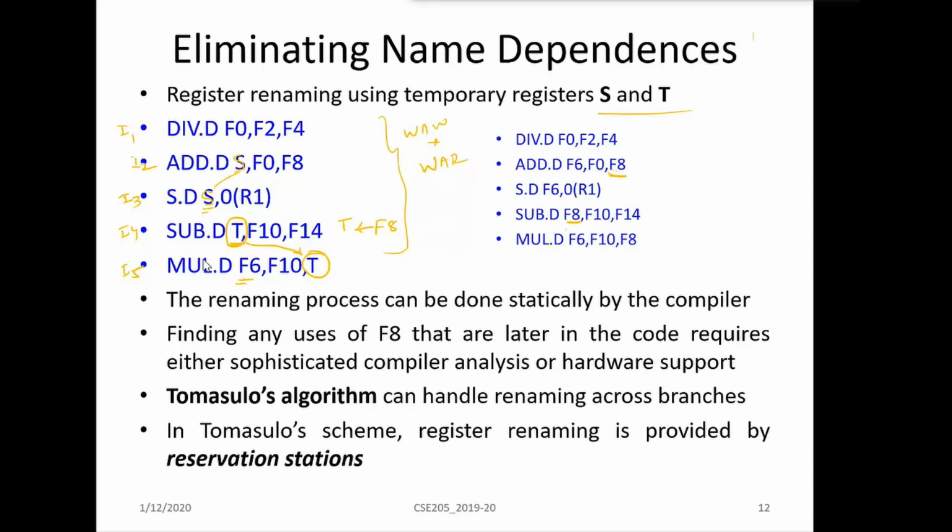Here we did it just like that, but there is some procedure to do it. This has been given just for illustration. Normally, register renaming can be done by the compiler. But as I told you, within basic blocks it can be easy to schedule it. But when you go for multiple blocks, commonly it may be